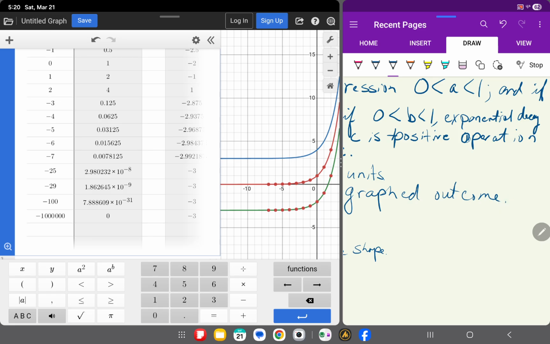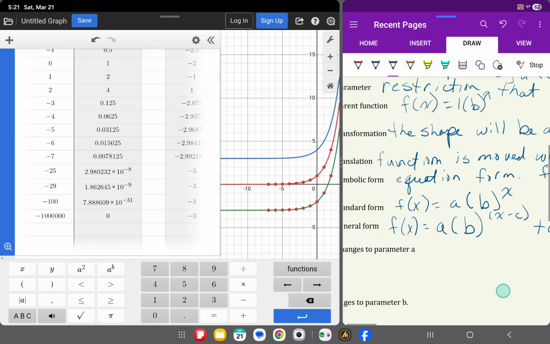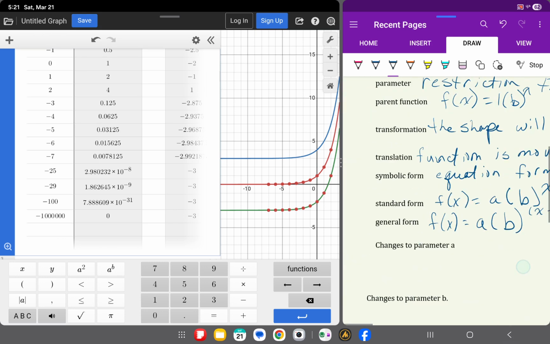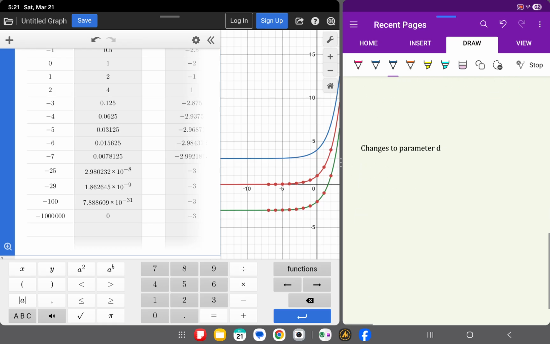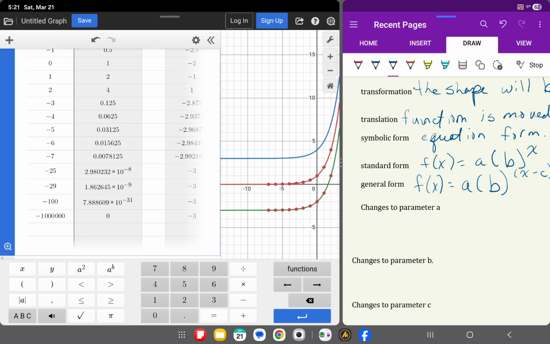Okay, so again, with our parameters, A can only change vertical stretch and compression. It cannot affect whether it's shifted up or down. Each parameter has its own restriction and what it can do to the parent graph. All right, so we've already gone through what our changes to parameters A, B, C, and D do. And so we will be putting together in the next video